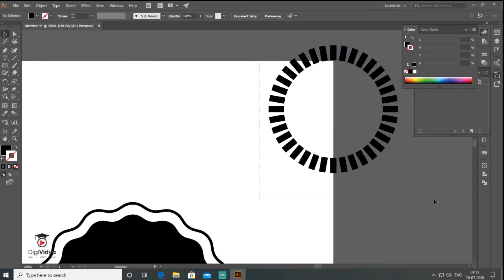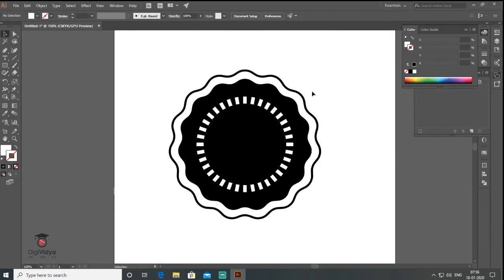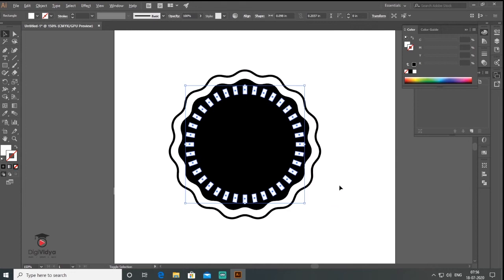Then I select all of these and press Ctrl G for group and change the color to white. Okay, after making this I just scale this, right?